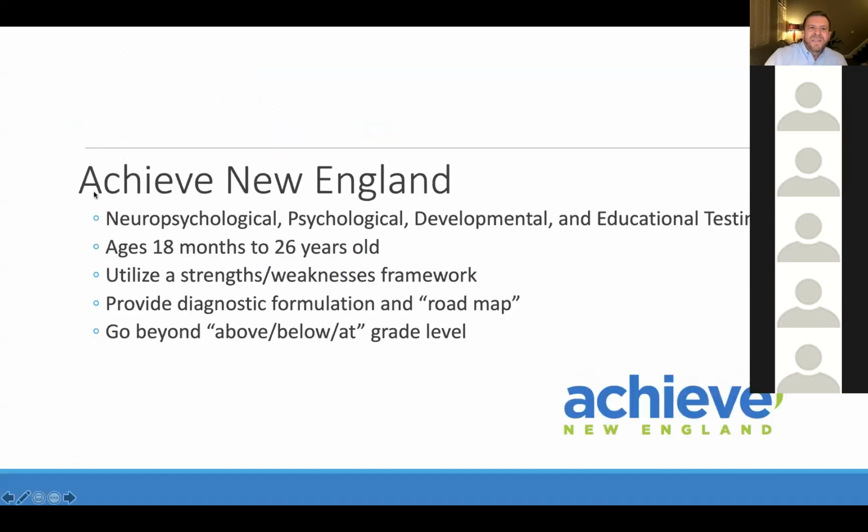As I mentioned, I'm a neuropsychologist at Achieve New England, and what we do is we focus on integrated evaluations for students. When students come to us, it's usually seeking a more comprehensive assessment that looks not only at academic progress and intellectual ability, but also at all aspects of thinking and learning that might be relevant for a student. So this can include attention, language skills, phonological processing, as we'll talk about, visual motor skills, and other areas that would be relevant for learning.